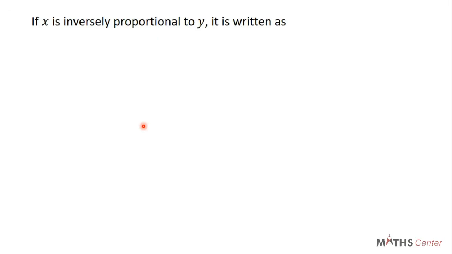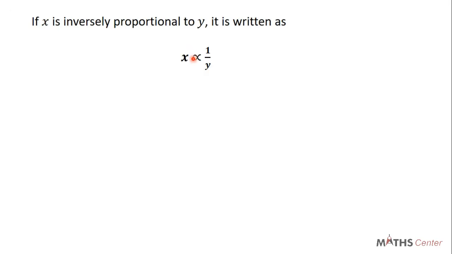If x is inversely proportional to y, it is written as x, then we bring the proportionality sign, 1 divided by y. So if x is inversely proportional to y, it is written as x, you write the proportionality sign, 1 divided by y. We learned from the videos on direct variation that if you are going to solve questions with this expression,